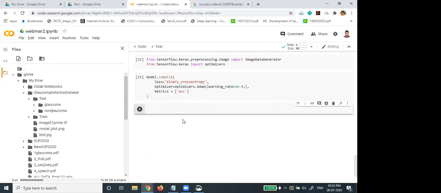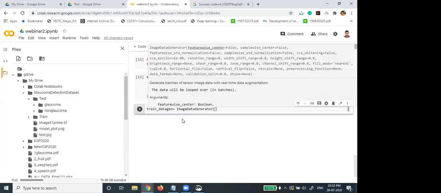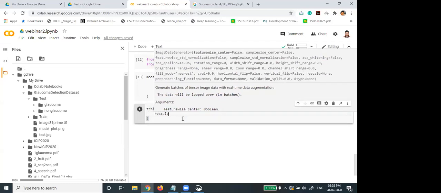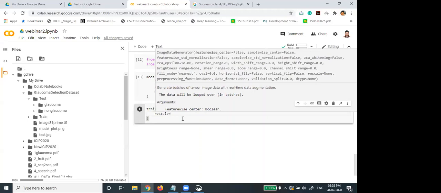So now we have to generate the train data. Then train data generator. We will call this image data generator. Our image is a color image. I am just rescaling it. We can process it as a color image as well.